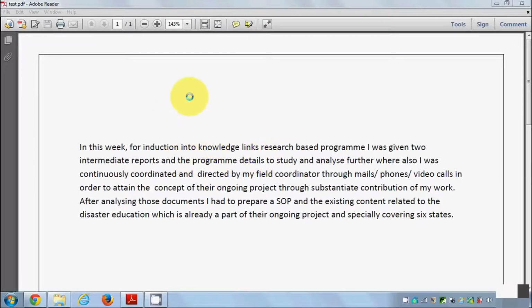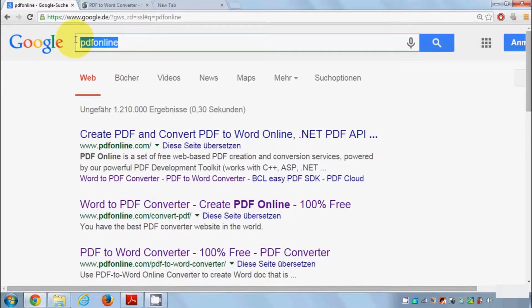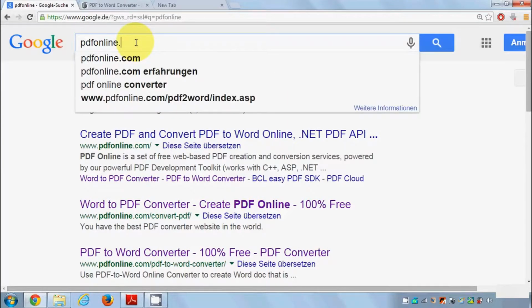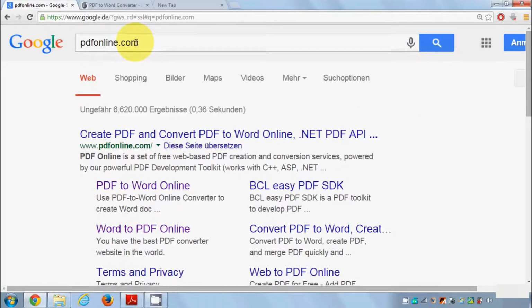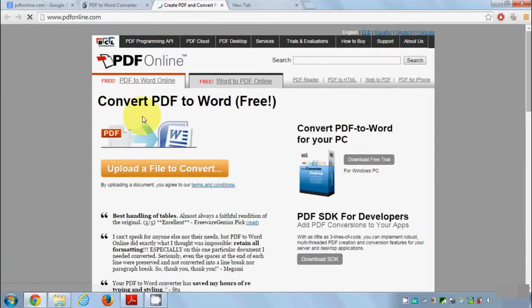So what you need to do in order to convert your PDF file to the Word file is just go to your browser and search for pdfonline.com. Okay, so search for pdfonline.com and the first link will be www.pdfonline.com. Just open this link here, and in here you will be able to convert PDF to Word or Word